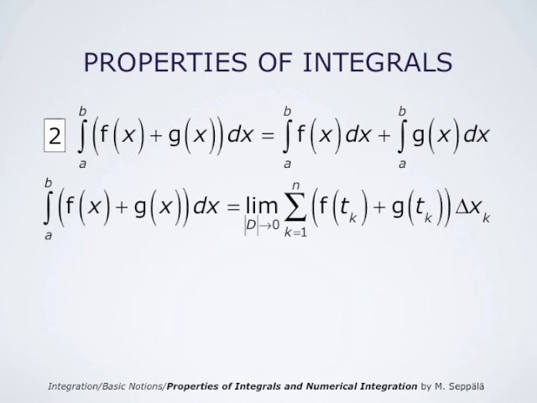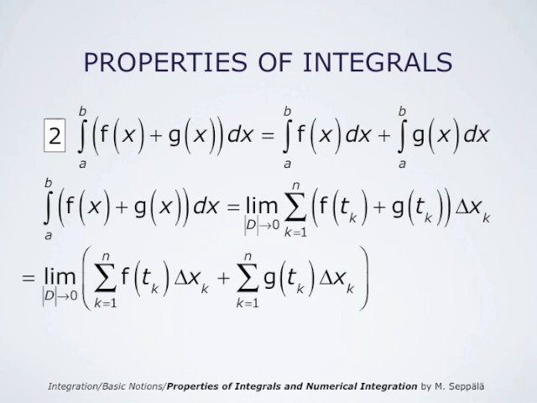All these finite sums can be split into two sums. So all Riemann sums can be written as summation k from 1 to n f at tk times delta of xk plus summation k from 1 to n g of tk times delta of xk. And then we take a limit of this